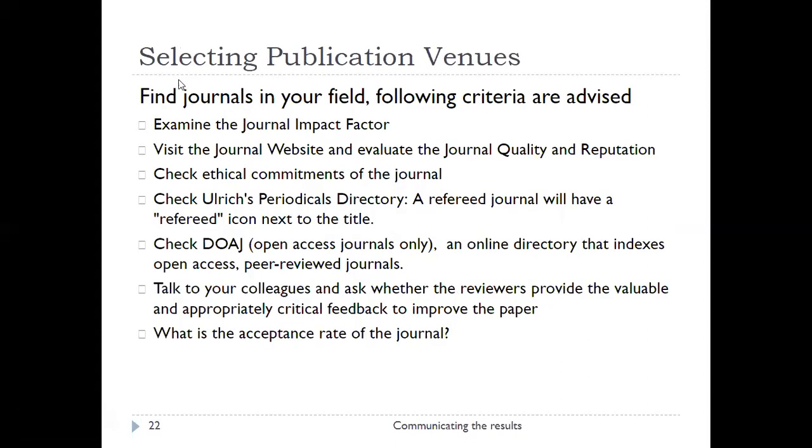So then the next important parameter here is selecting a publication venue. If you have carried out the research, now again I am focusing on science research articles, but this analogy is true for the social sciences or commerce and management, for all the disciplines. It will be true for all the disciplines, how to go and how to search and what the criteria are. So how to search for the journal in which you want to publish the research article, that we will see.